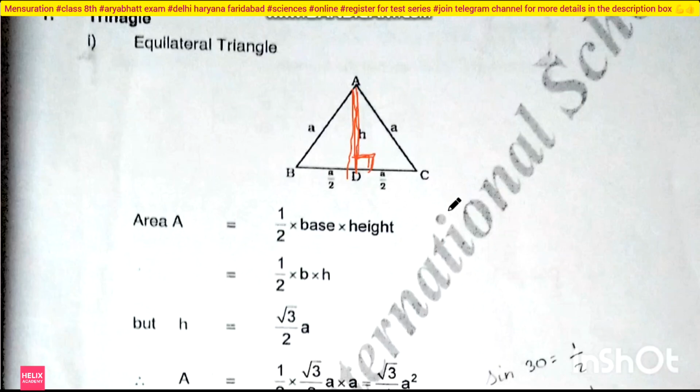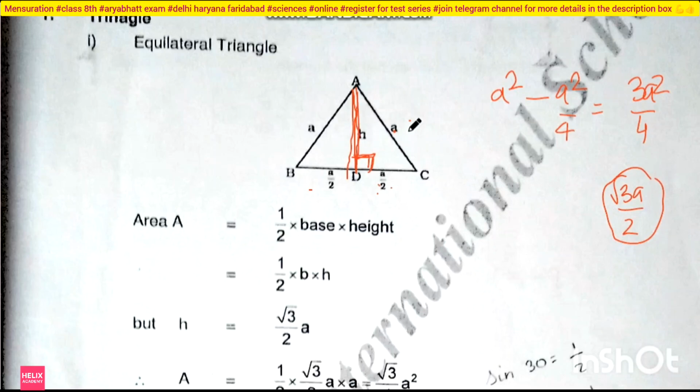Okay, so how can I measure the height? See, this is a by 2 and this one side a, right? So one is a by 2, one is a, then what will this be? a square minus a square by 4. So it becomes how much? Tell me. 3a square by 4, or the side equals root 3 a by 2, right? So the base will become this, because on the base it is perpendicular, so the area is half base into height.